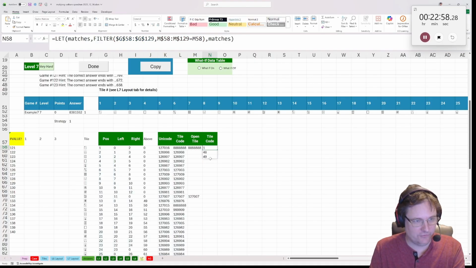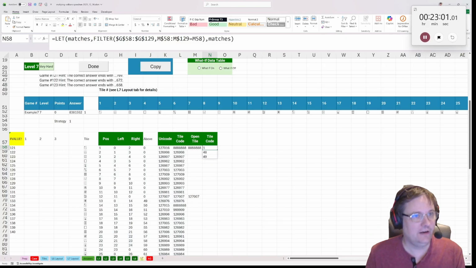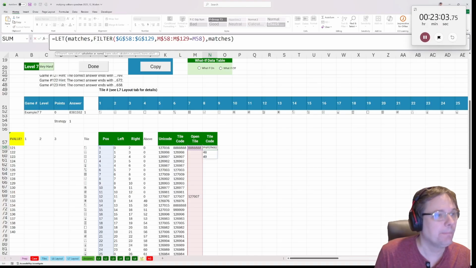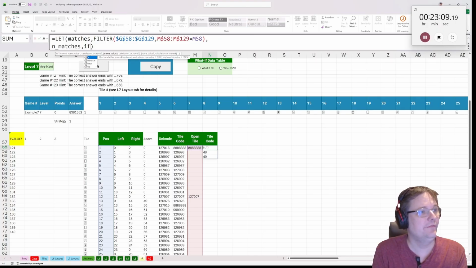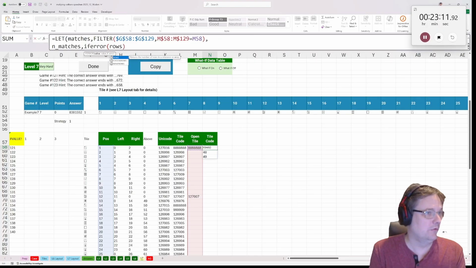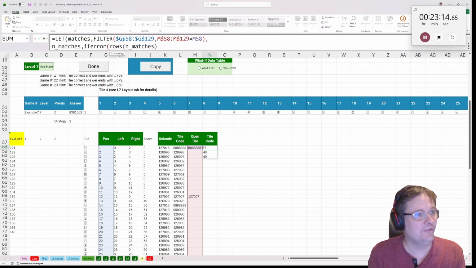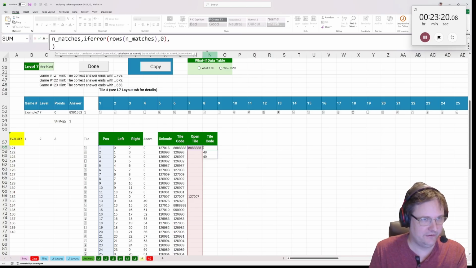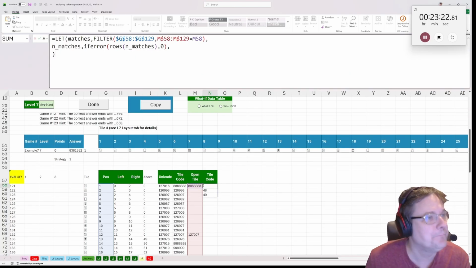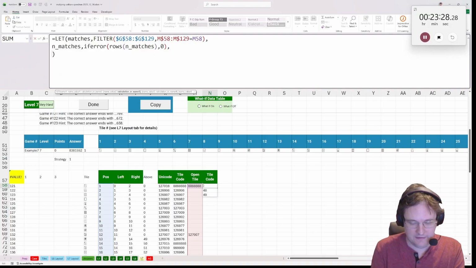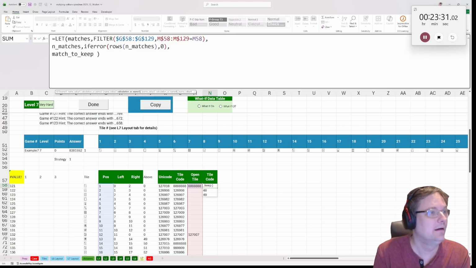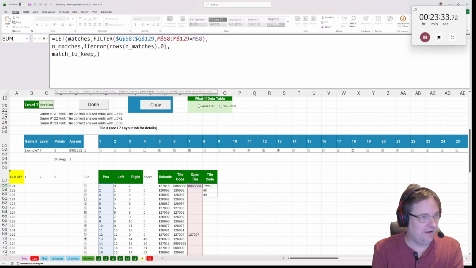All right, so 1, 8, and 49 all match, right? So now I want to know the in matches. So if error, rows of in matches and 0 if it's an error, because when a filter turns up nothing, it gives you an error instead of 0. So that's the in matches. And this is the match to keep. So if there are 3, which I'll handle later, the one I want to keep is